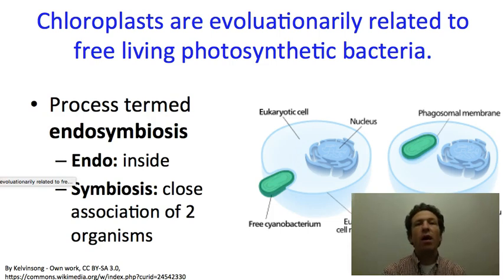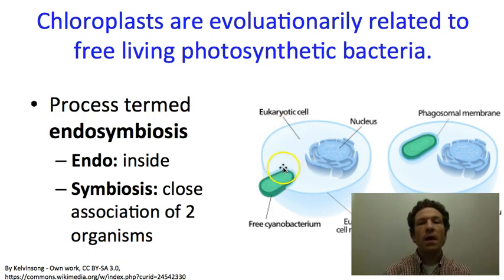Chloroplasts now are an organelle. They are one functional section of a plant cell. However, evolutionarily, they are derived from free-living photosynthetic bacteria. So we've mentioned that in addition to plants, there are bacteria that can photosynthesize. And it's really these bacteria invading some eukaryotic cells that created plants and hence created the ability of eukaryotes to